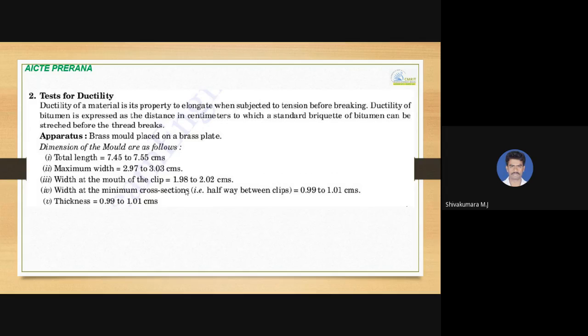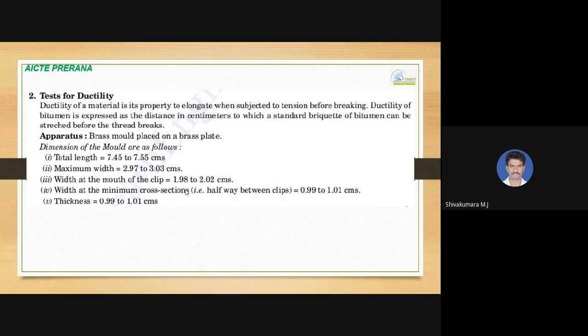Ductility of bitumen is expressed as the distance in centimeters to which a standard briquette of bitumen can be stretched before the thread breaks. Some of the apparatus we use in this experiment is a brass mold, that is the briquette apparatus, and its total length will be in the range of 7.45 to 7.55 centimeters, and its maximum